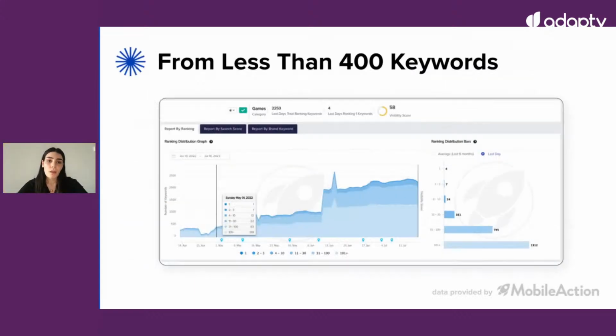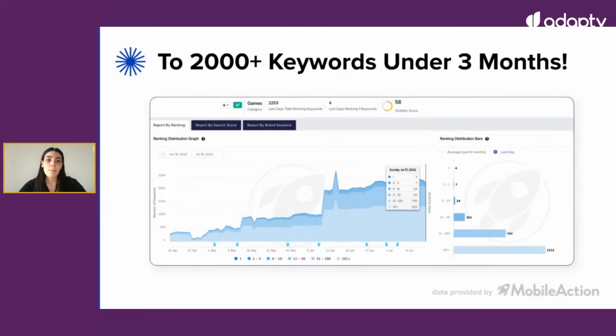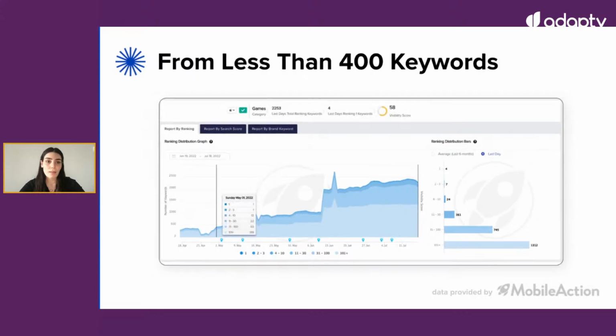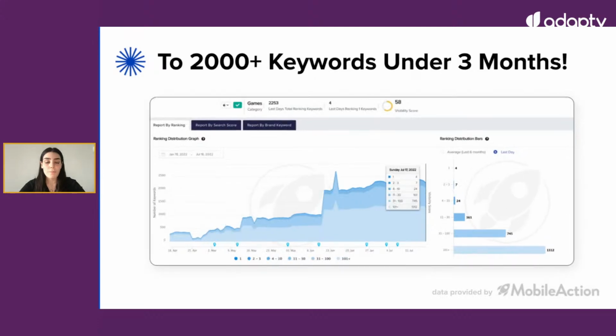together. So another example is one of our clients actually managed to get listed from less than 400 keywords to more than 2,000 keywords in less than 3 months. And what can be done at this point is, if you realize some keywords that are very closely related to your app's feature but barely have any spend, try to use these keywords in your metadata in your next ASO update. So this will definitely increase your app's relevancy to these keywords and also their close variants, and you will finally be able to increase your performance on them.